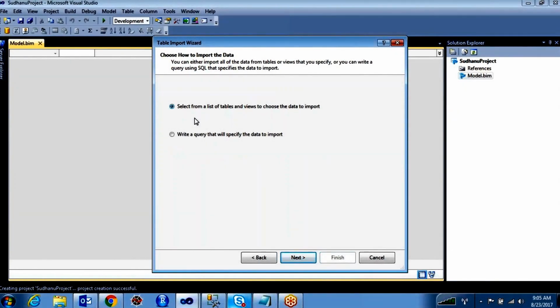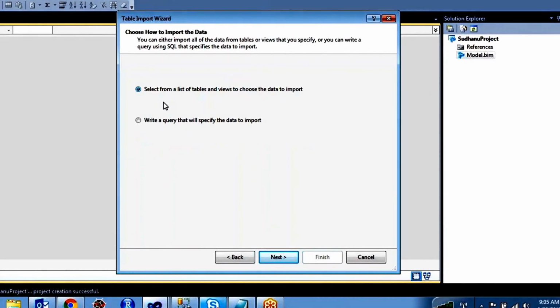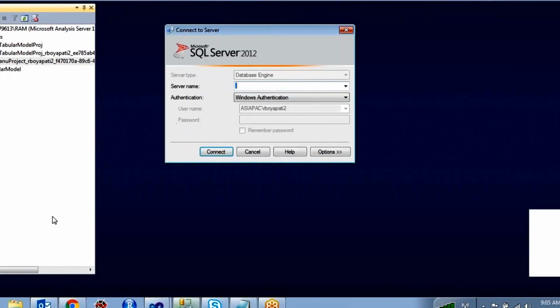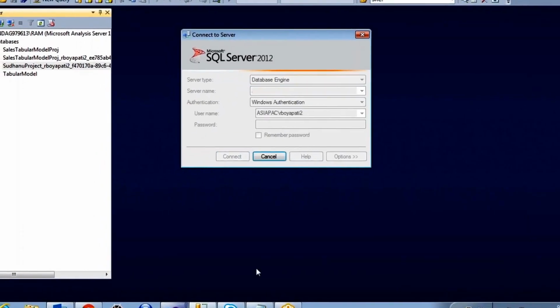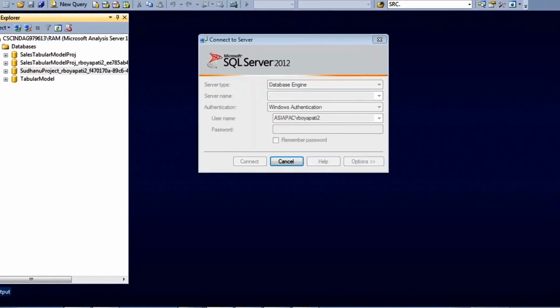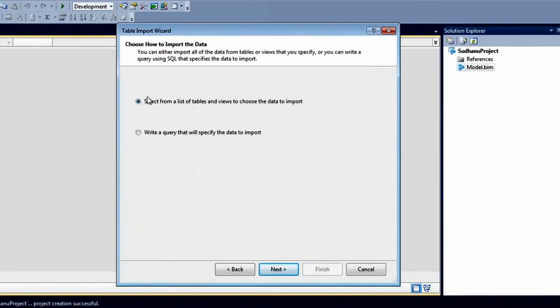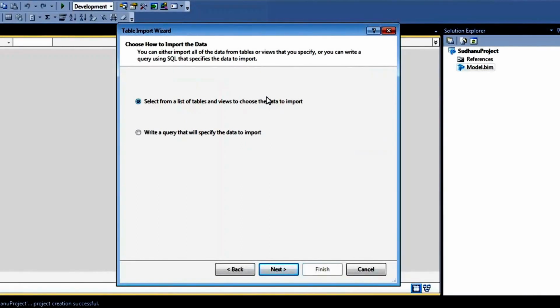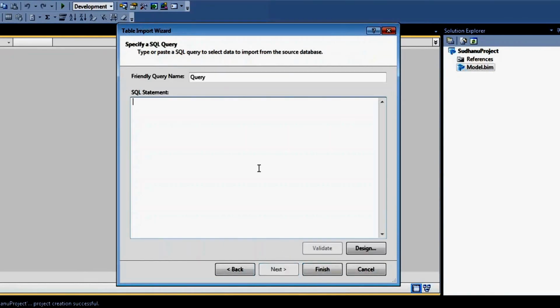Okay, select from the list of tables and views to choose the data to import. In your data source, in the Sales DW, if you want to import all the tables you have directly, yes, you can select this. You can import the views as well, but instead of picking tables and views, you can write a simple query, for example from a particular table, or if you want to join four to five tables at a time and fetch only specific columns from your data source.